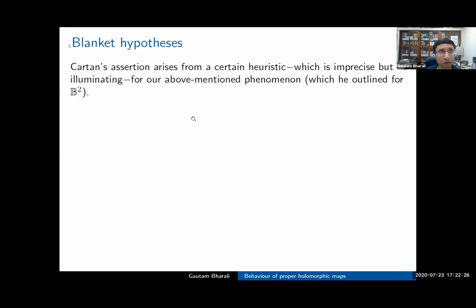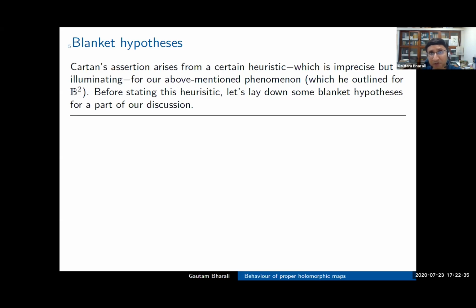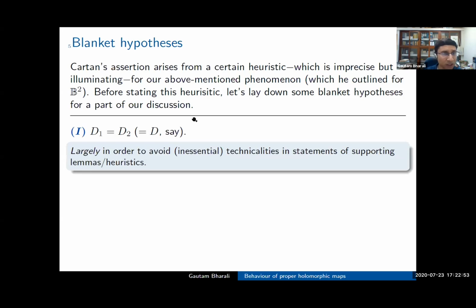And to do that, for the purposes of about one half of this talk, I want to put up certain blanket hypotheses. For the next 20 odd minutes, I'm going to be within the ambit of these blanket hypotheses. So what are they? First of all, I'm going to say that D1 is equal to D2. Now, if you cast your mind back at the phenomenon,